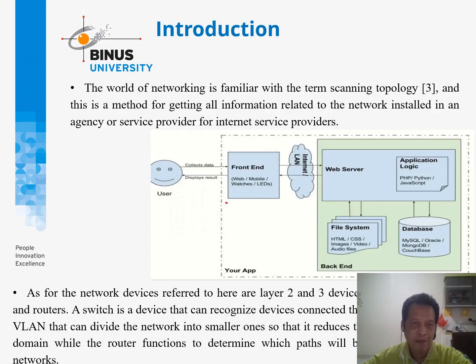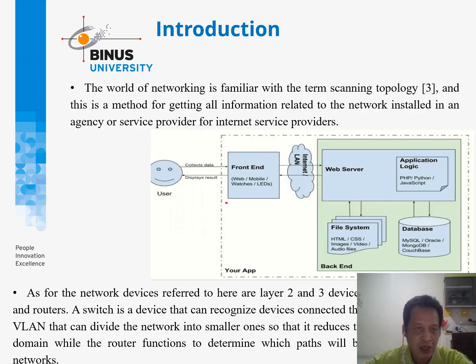This paper discusses how to create an application that can scan all connected devices automatically, and then store them in an inventory database, which can be used to generate a topology that will show the overall network topology and can be monitored for all devices.